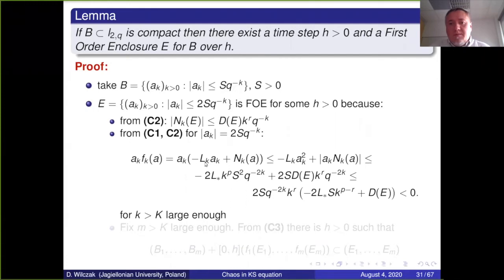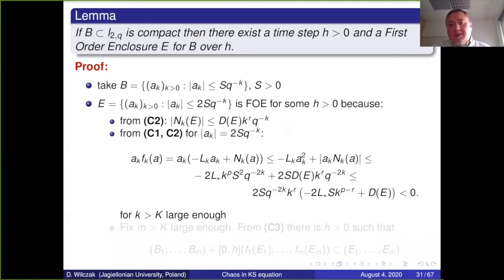That is, if we compute this quantity, then we end up with this inequality to be satisfied. And we see here that this is positive, of course, and here is a constant, but here we have a negative quantity times k to the power p minus r. And here is the place where this inequality is very important, okay? Because it is positive, this quantity goes to minus infinity, so this can be negative. And it is negative for k large enough. So for k large enough, we have this property that the vector field is pointing inwards on the modes.